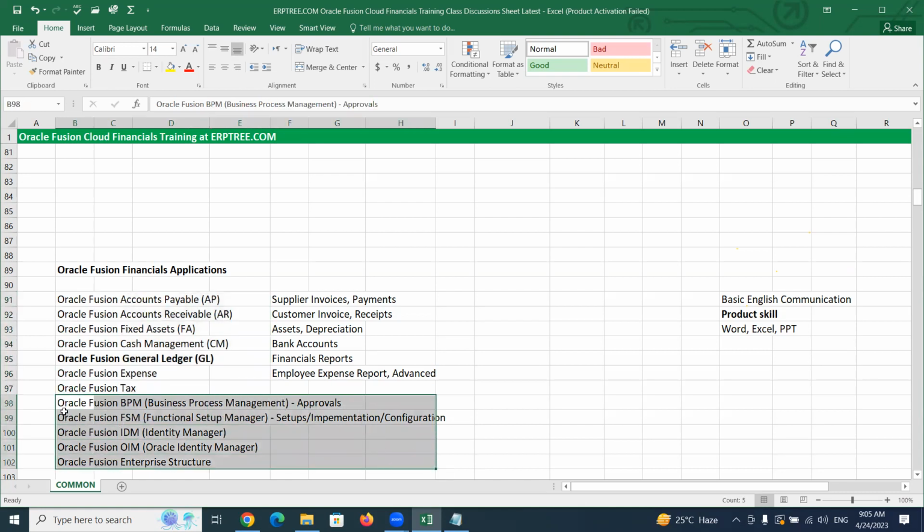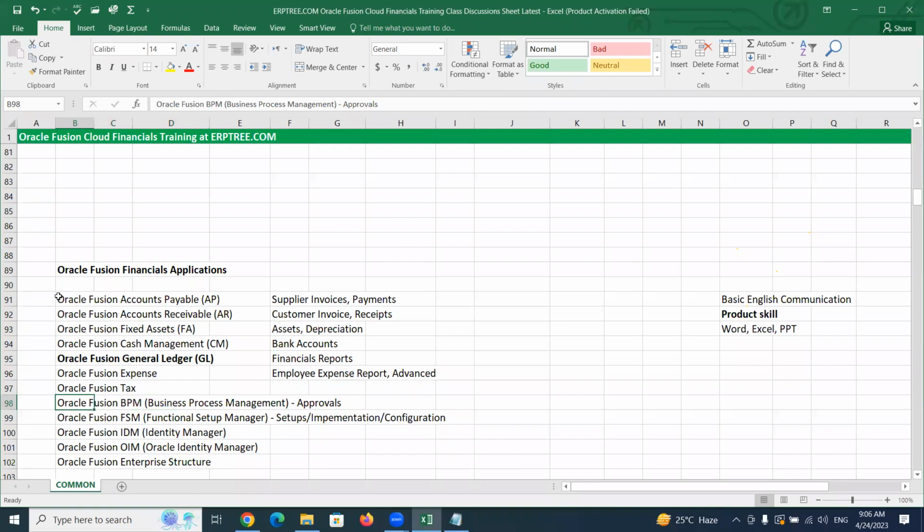We have an application called Oracle Fusion BPM. BPM stands for Business Process Management. What purpose do we use this BPM for? Approvals. Say, for example, you created a supplier invoice in the payables. Before making the payment to the supplier, you have to get the approvals from your supervisor. Then you use Oracle Fusion BPM and you set up approvals. After creating the supplier invoice, if you want to make the payment, approvals are required from your supervisor or manager. So that's how you can set the approvals wherever required and wherever possible. That is the purpose we can use BPM.